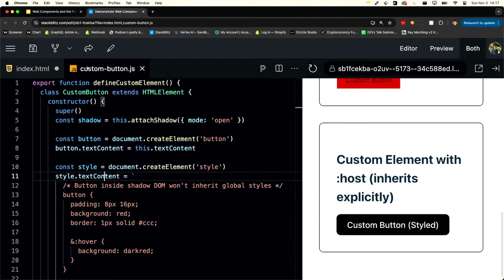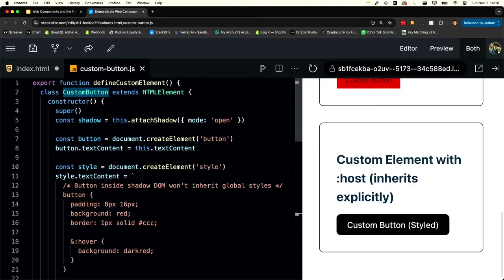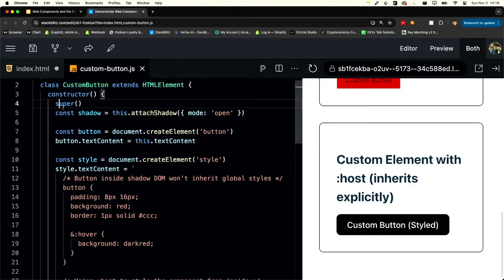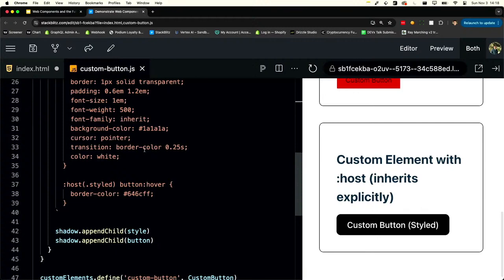So if I go to custom-button.js, this is where I'm defining my web component. I'm basically saying that it's a class, the custom button, that extends HTMLElement, and this is where it defines the HTML tag to be used, and this is the actual class. So the cool thing is that when you define the constructor, you can basically create a new shadow DOM, which is something I'll go over in a second, and then you can just basically have HTML